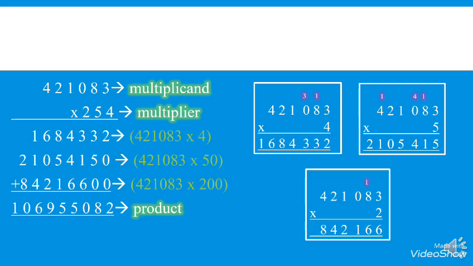8 plus 5 will be 13. Plus 1, 14. Plus 1, 15. You will write 5. 1 will be carry. 6 plus 2 is 8. 6 plus 0 plus 2 will be 8. You will add the carry value 1. You will write 9. 1 plus 1 plus 4 means 2 plus 4 will be 6, and 2 plus 8 will give you 10. So this value is the product of the multiplication.